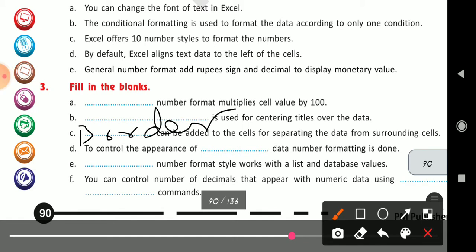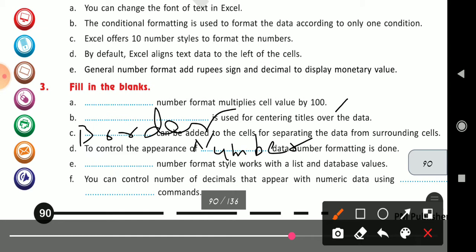To control the appearance of dash data, number formatting is done. The number formatting is done for what? To change the appearance of number data. Different number data are there, and to change the appearance of that we use number formatting. So here your answer is number.